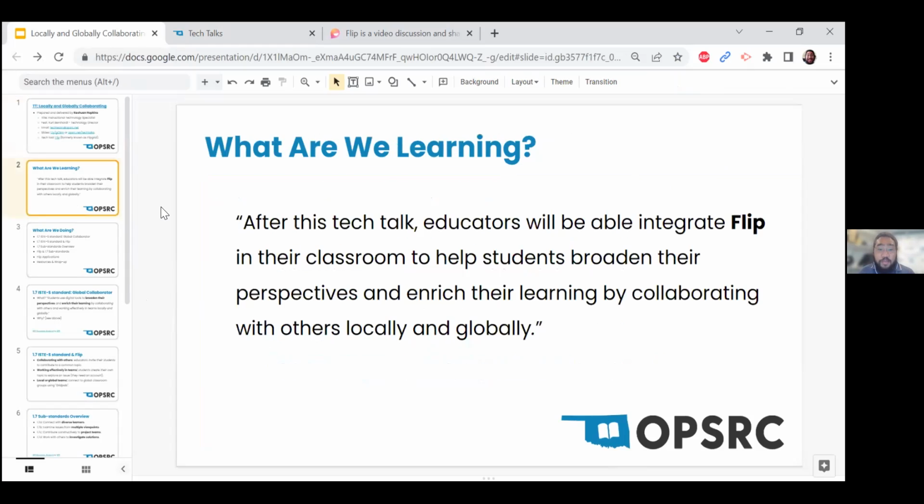Next thing I want to jump into is my objective here. After this tech talk, educators will be able to integrate Flip into their classroom to help students broaden their perspectives and enrich their learning by collaborating with others locally and globally. And so